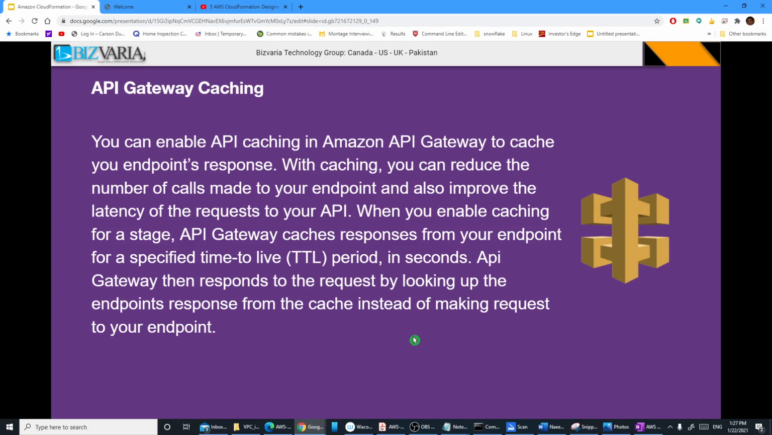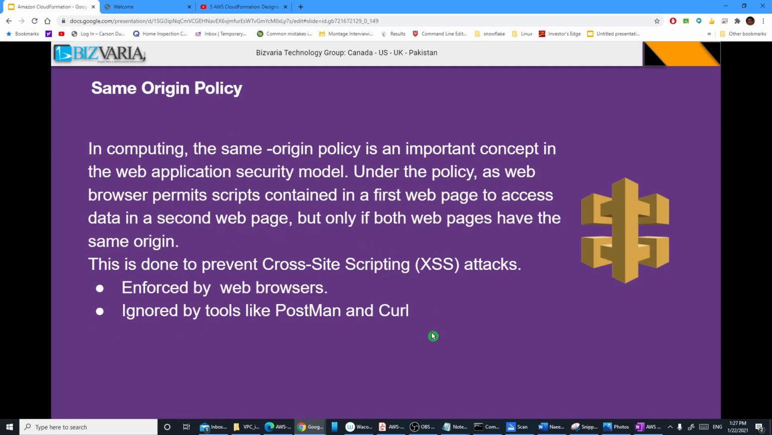Another thing is called the same origin policy. For example, you have a website, and the website has multiple pages. One page is coming from, say, a London East server, and if you click on the second page, that may be fetched from another region. The same origin policy is an important concept in the web application security model. Under the policy, a web browser permits scripts contained in the first web page